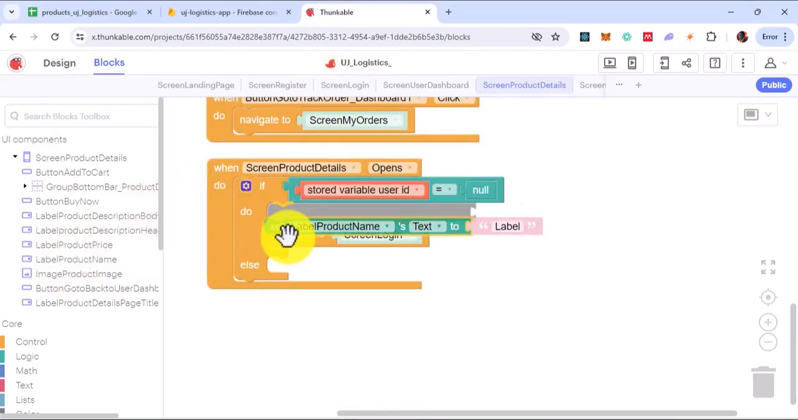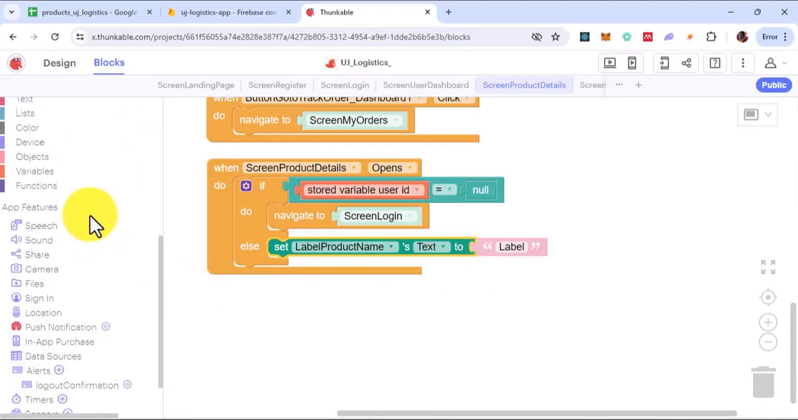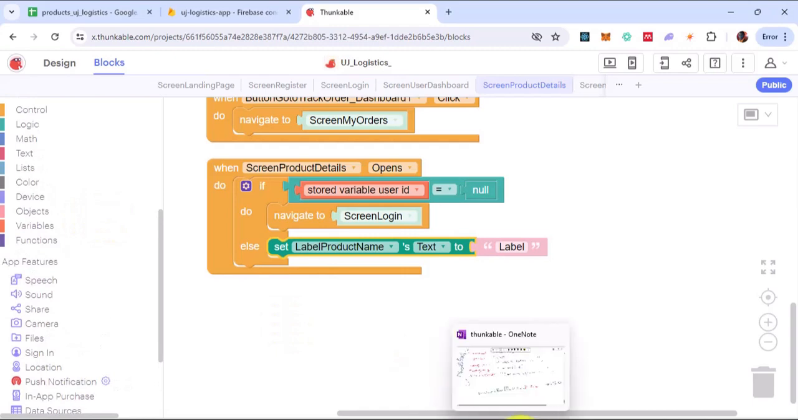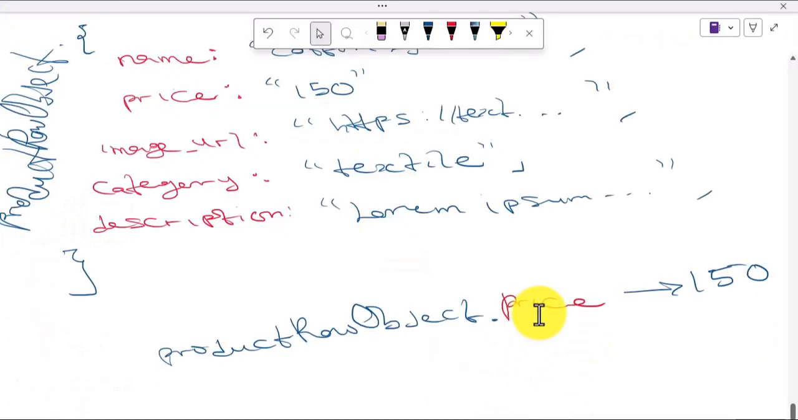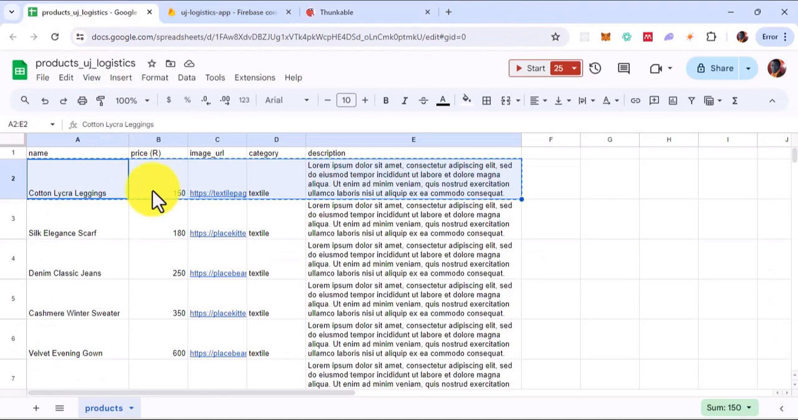So set label product name. The text I want to set it to, don't forget that we are dealing with an object here. So when you are dealing with an object, to get the property, to get that price property that I showed you here, to get something like this, but for the product name, it is not price that you're going to be getting. To know what you're going to be getting, if you check this, you realize the fact that the product name will be property